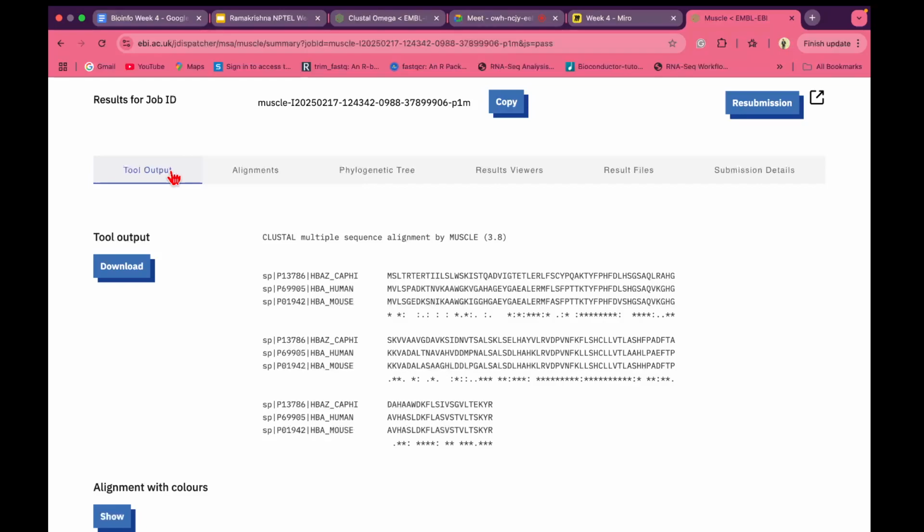Excuse me, I have a query. Which tool should be used and when? MAFFT, when to use Clustal Omega or when to use MUSCLE or T-Coffee? No, it's just